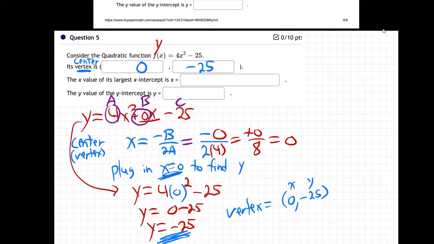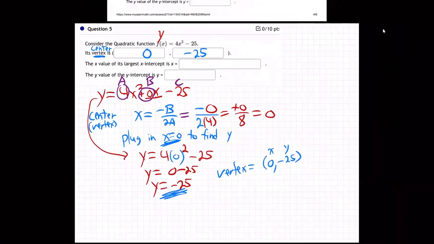How do we do that? How do we find the x value of the largest x-intercept? Well, you could graph the whole thing. I don't know if we really want to do that. Yeah, I don't really want to bother with graphing it. I'm just going to come down and show you how you find x-intercepts. So to find an x-intercept,